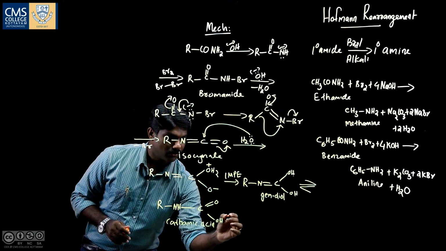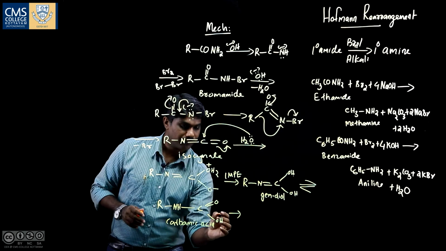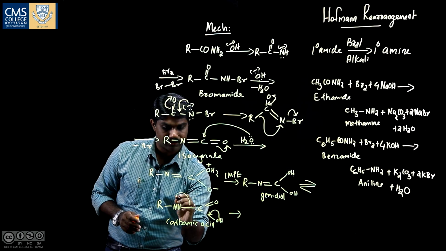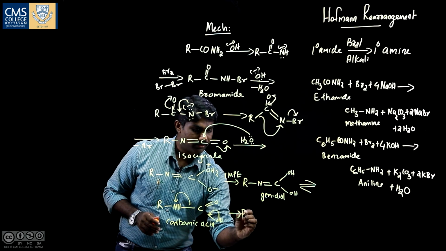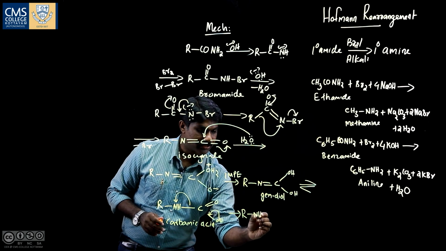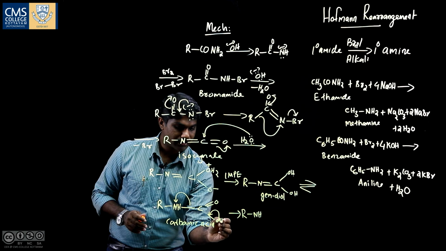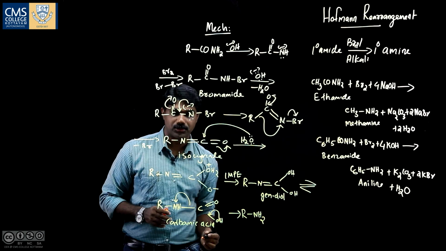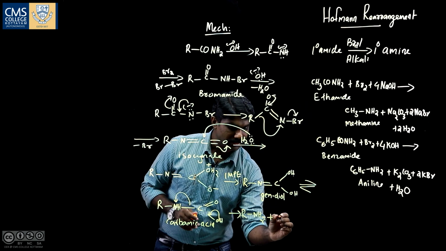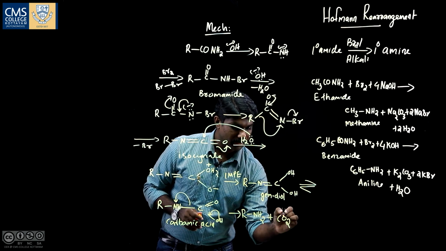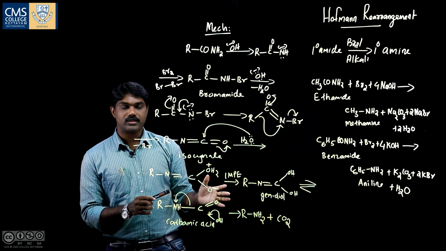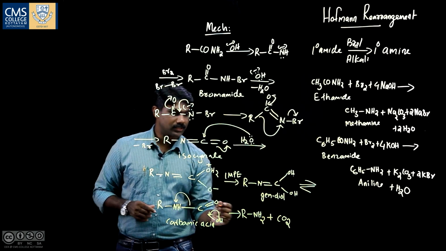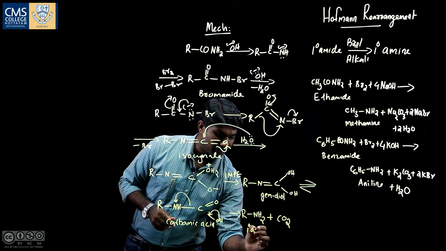acid undergoes decarboxylation. So here this bond shifts to here and this to here. Then we have RNH minus and this proton gets attached to this nitrogen and we get RNH2, our primary amine, plus we have carbon dioxide, and this carbon dioxide dissolves in the medium to form the corresponding carbonate. So this is the primary amine product.